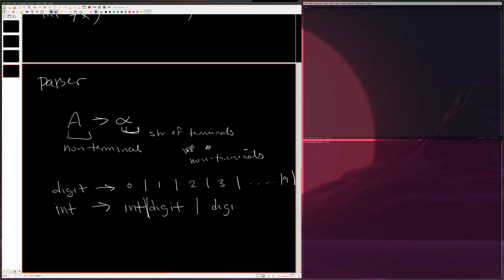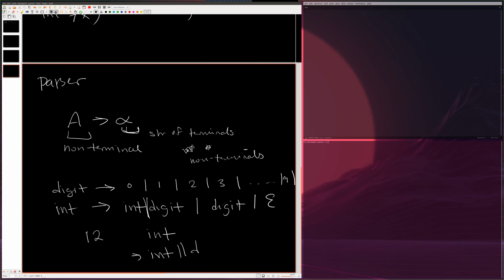Or digit or empty. So you have your digits, and you want to determine what an int is. So you could start with, say, 12. You want to see if this is an int or not. So start with int, go with int,